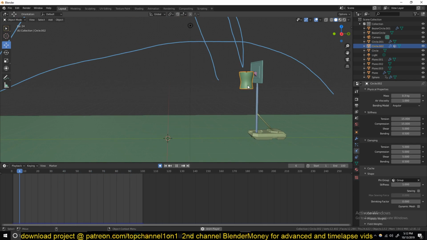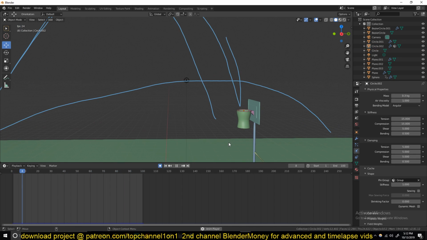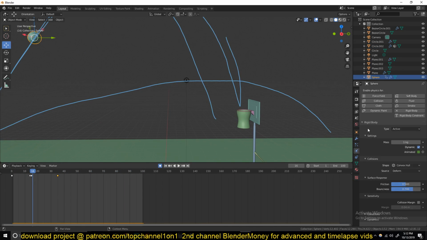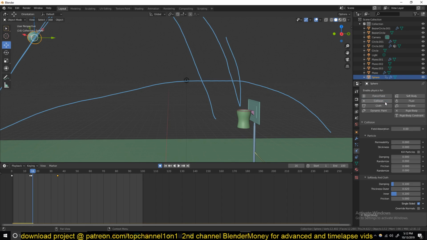We just need an object to collide with this. So if I select this ball here and give it a rigid body system, let me do collision. You have to give it a collision property to have it collide with the cloth. So if we play back,